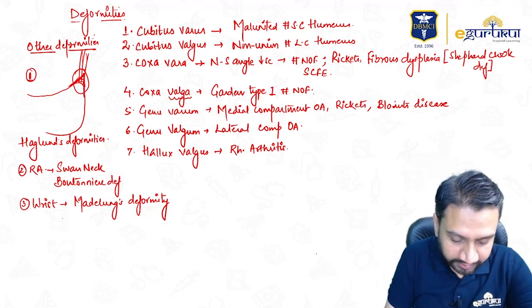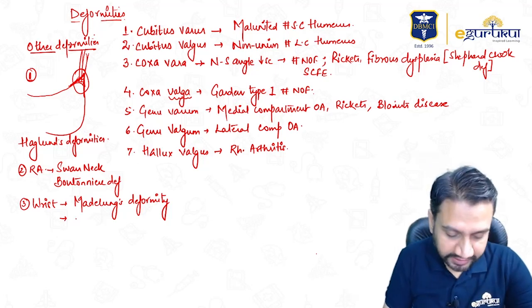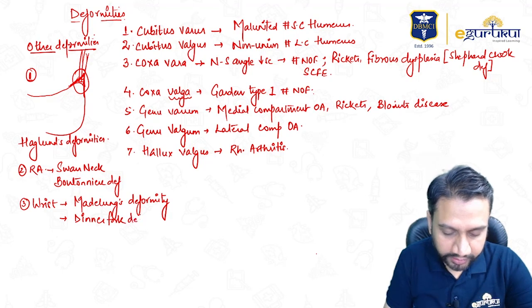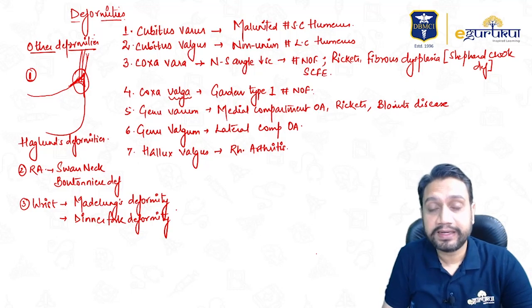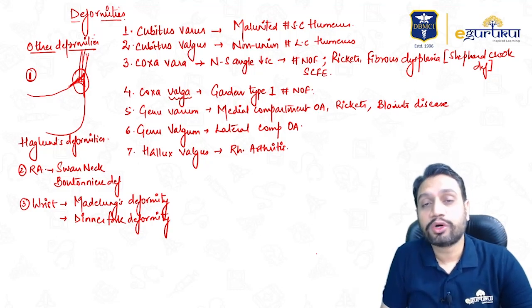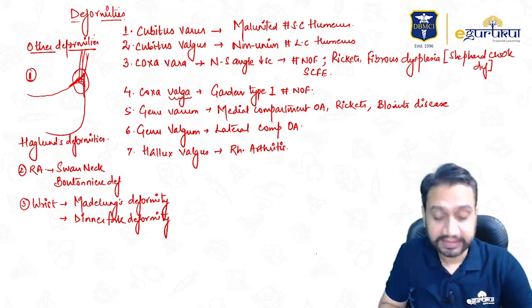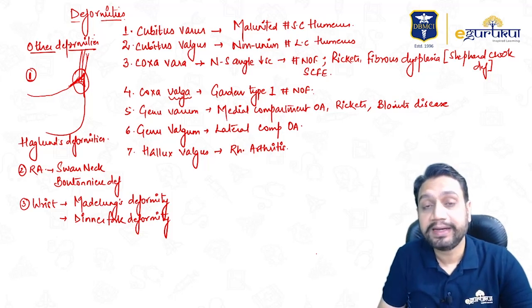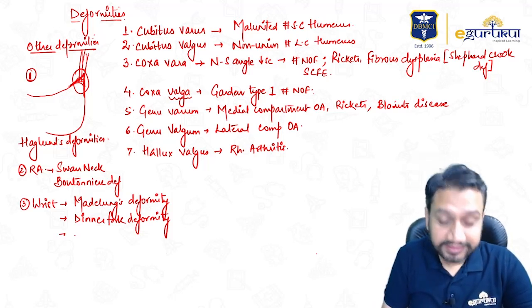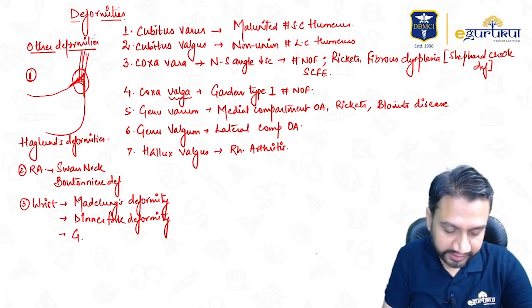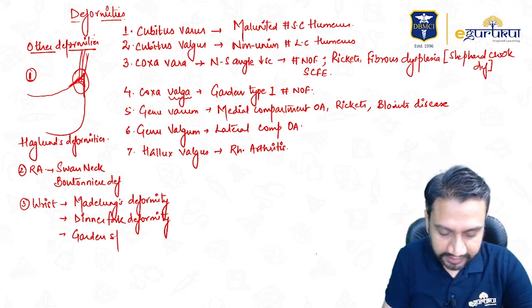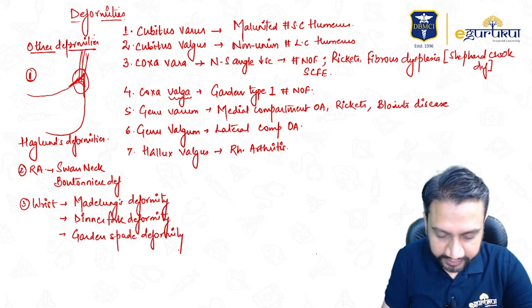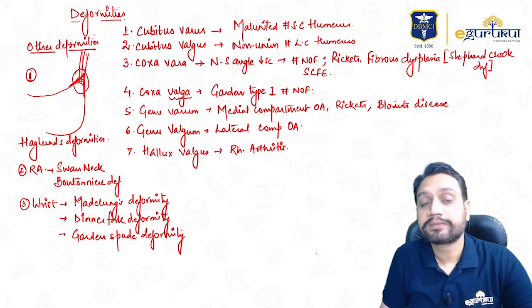So another deformity which can be seen as a part of fractures is dinner fork deformity. So where do we see dinner fork deformity? What do we observe in dinner fork deformity? The Colles fracture, malunited, right? So the dorsal displacement of the distal fragment is leading to dinner fork deformity, right? Then the other we have is the Smith fracture, leading to what kind of deformity here on the wrist? It is what we call the garden spade deformity. So the garden spade deformity. So these are around the wrist, right?